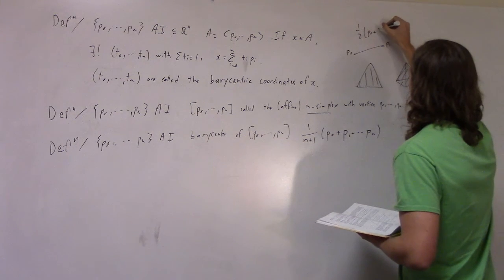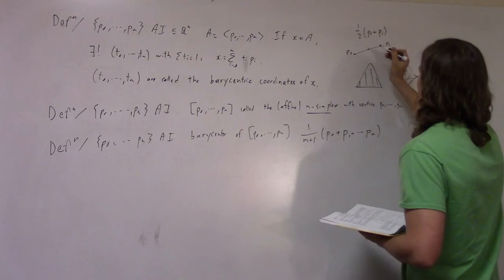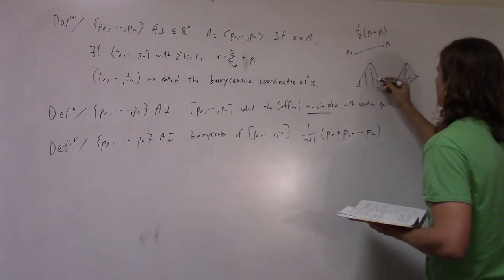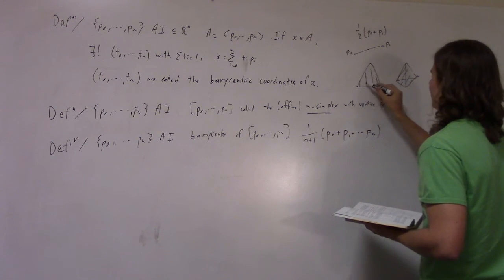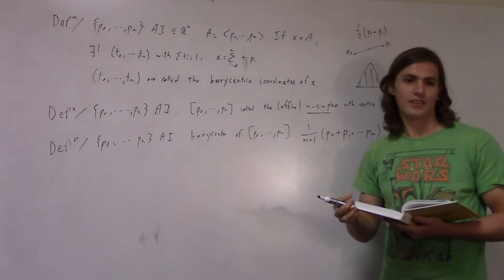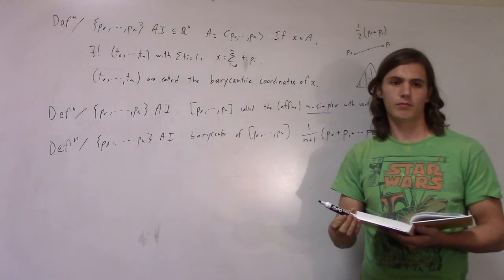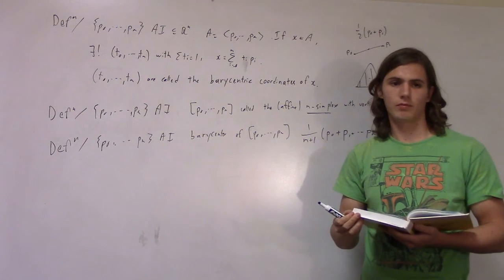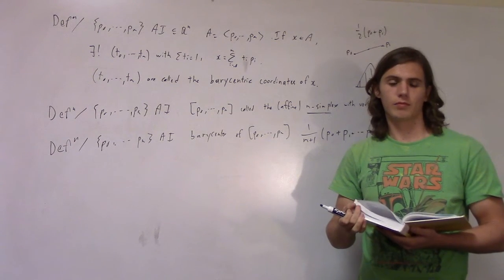So if you're looking at a line, the barycenter is just going to be the middle of the line. If you're looking at a triangle, I guess it depends. If it's an equilateral triangle, it's not too hard to find. It's kind of obvious, right? The center of mass for a laminate is the same as the center of mass for its vertices, assuming equal mass at the vertices is the same as a uniform distribution of mass.